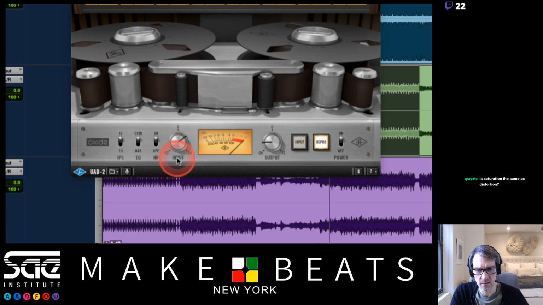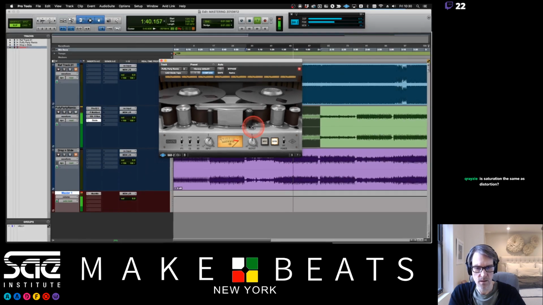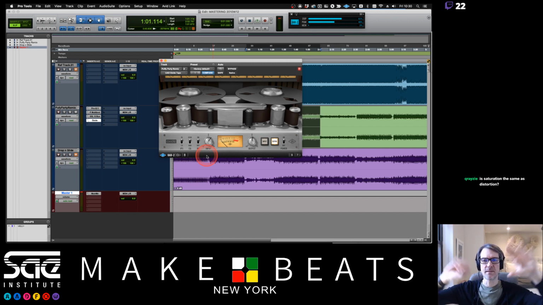If I pull it back, now we can't hear that distortion anymore. So I can make it louder here. So the answer is, if you push it enough, saturation becomes distortion. But saturation itself is exciting the same kinds of things as distortion. Distortion is like what happens when you push saturation too far. So a distortion pedal on a guitar is just a really cranked up saturation,